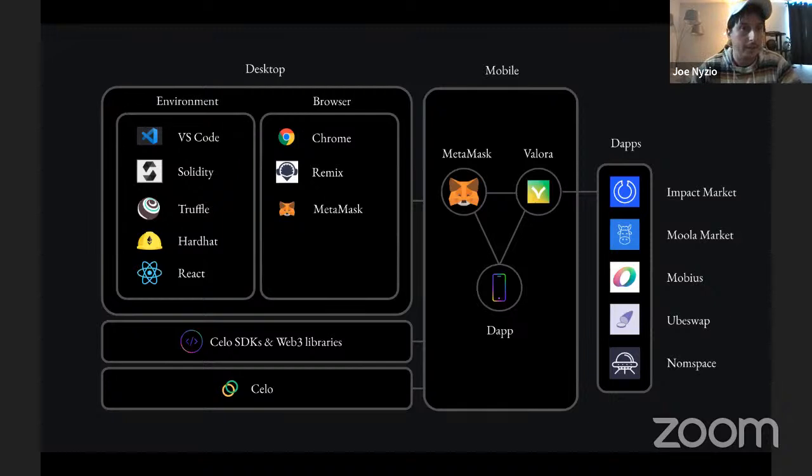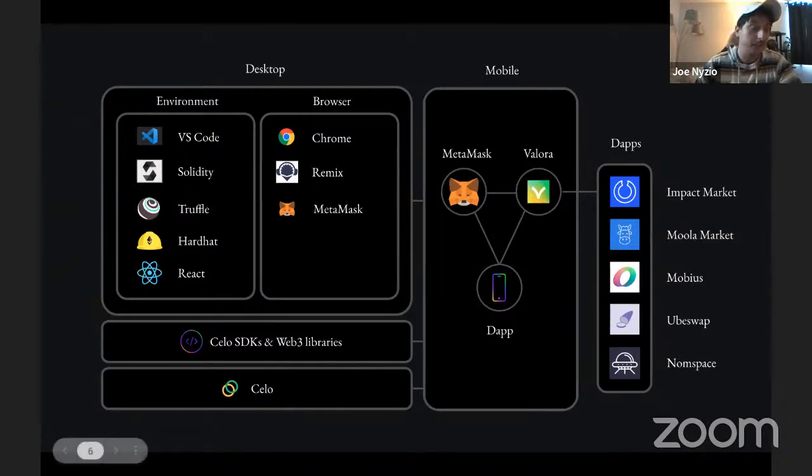Past that, if you want to set up a local environment, you can use any IDE you want, but I like VS Code. You use Solidity to make your smart contracts. Truffle and Hardhat are environments for deploying your smart contracts and helping you manage that. You don't have to use both. You pick one or the other. And I have blogs and tutorials that I can link you to, that you also see in the developer guide, that can help you step through everything it takes to get up and running with those, even past this session.